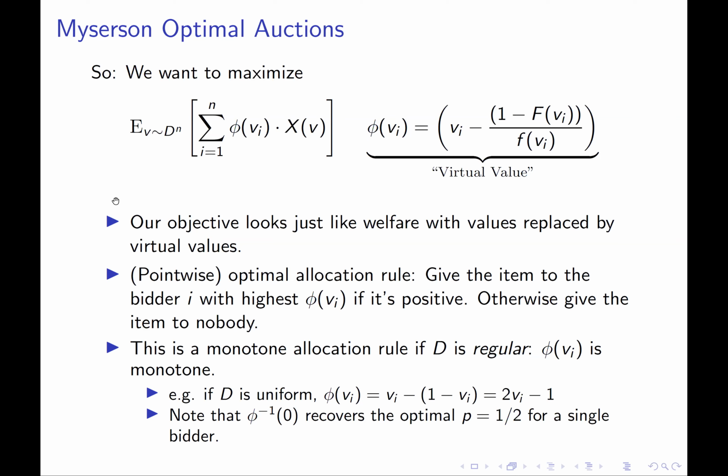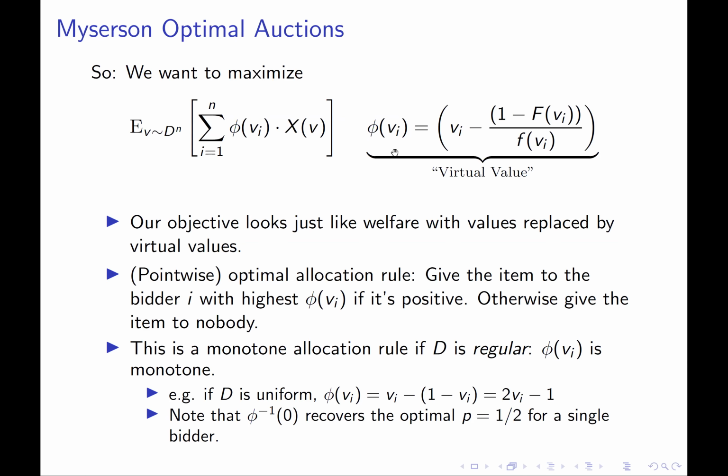And there's a simple condition under which our allocation rule is definitely monotone. Suppose our virtual value function is monotone, right? Suppose that the larger your value is, the larger your virtual value is. Well, then for sure, this mechanism is monotone. What does monotonicity mean? It means that if you unilaterally raise your bid, you cannot go from winning the item to losing the item. Well, if raising your bid only raises your virtual valuation, then this mechanism satisfies this property,